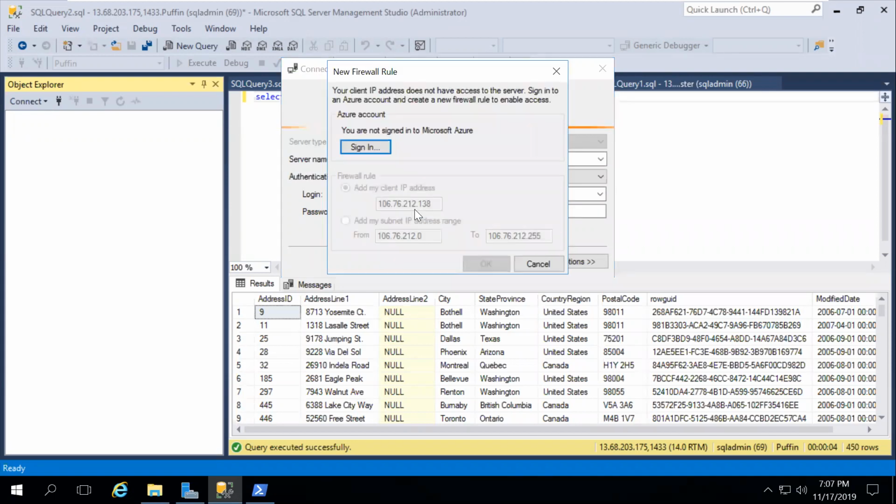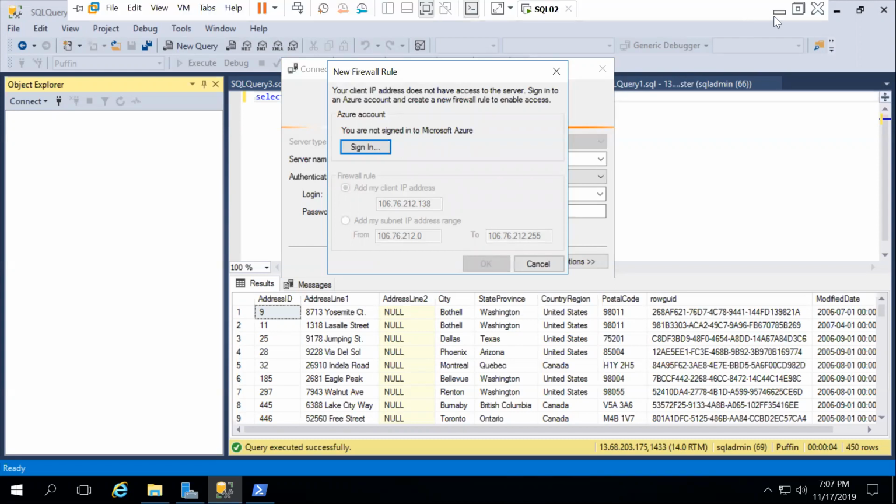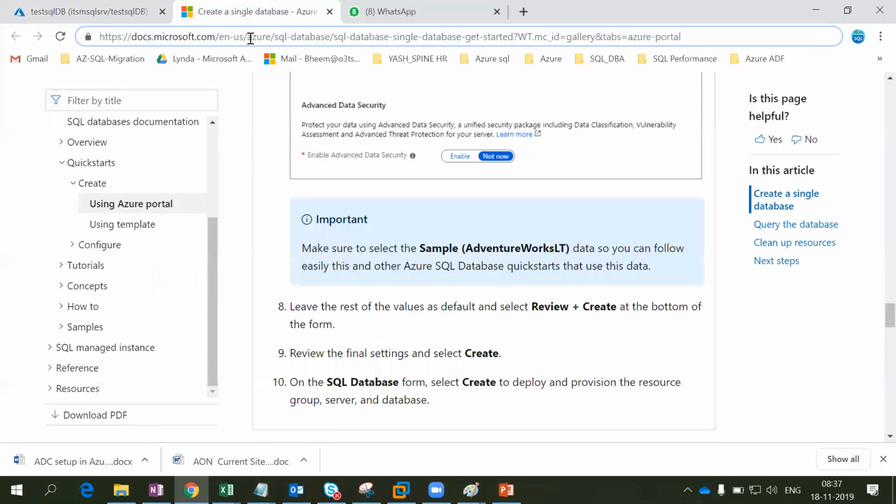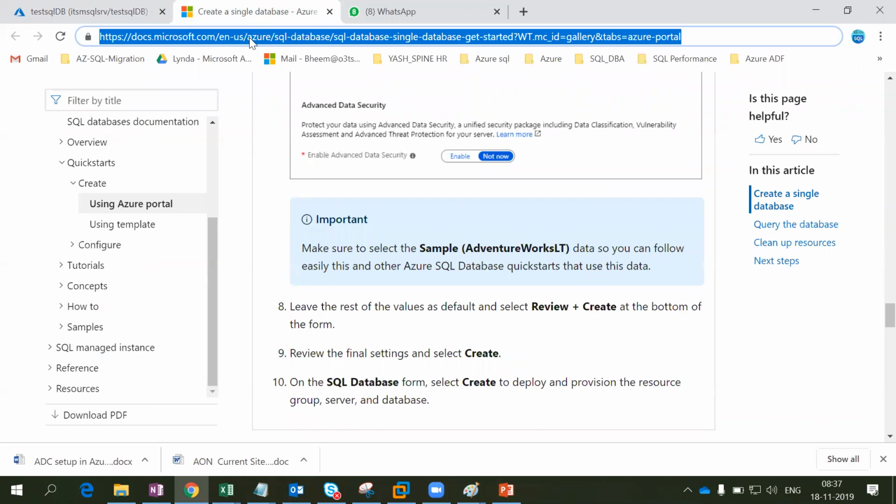See, it is asking again for the subscription and firewall ID. This is my public IP. Whether it's a public IP or not, we can click here. My public IP, you can find who has assigned it.